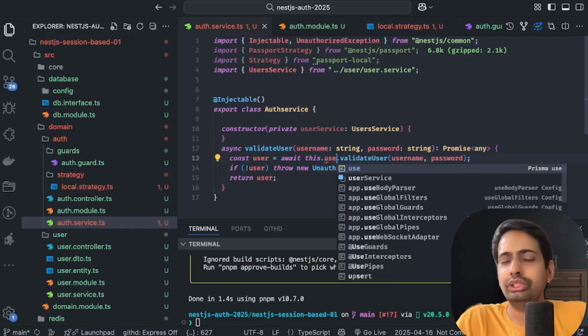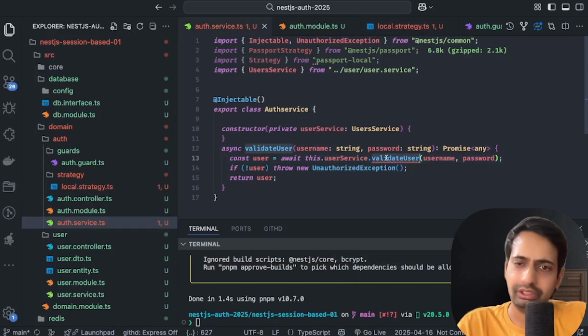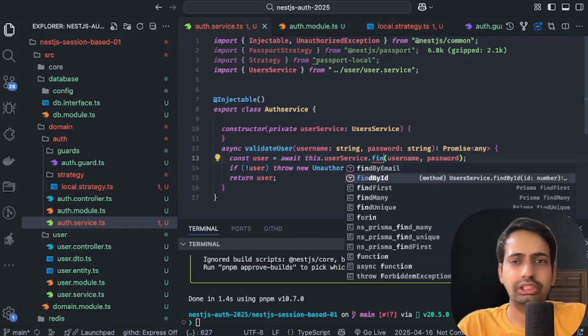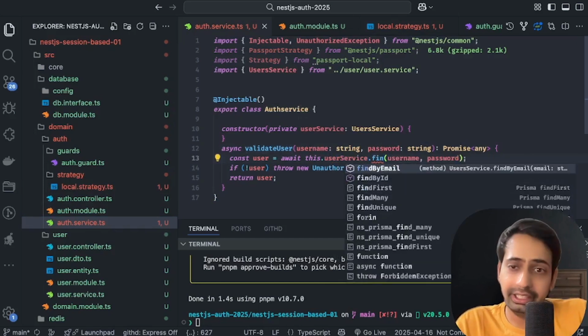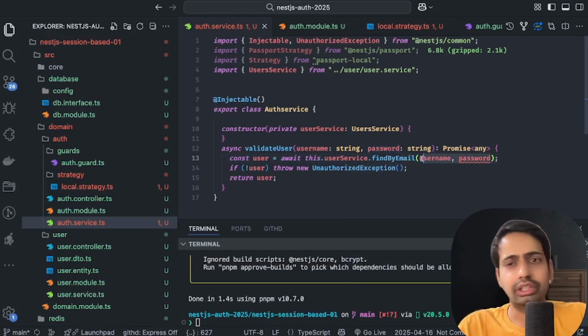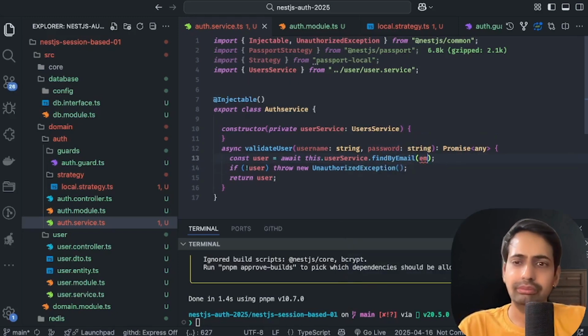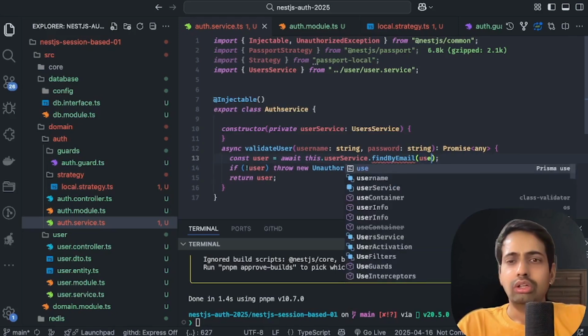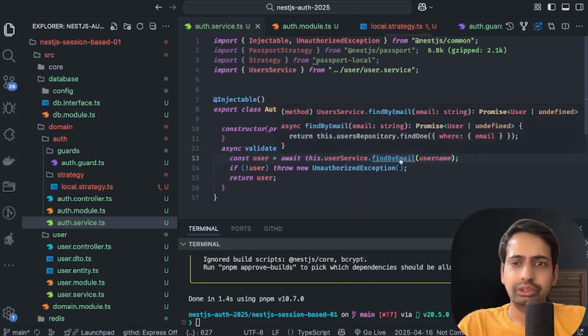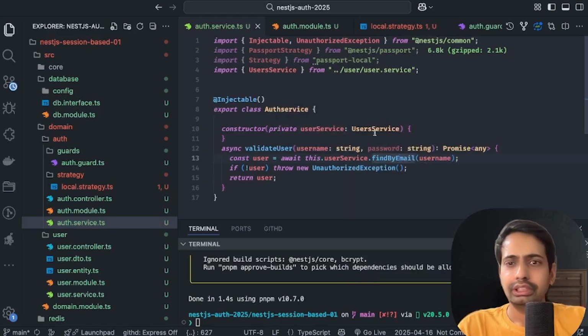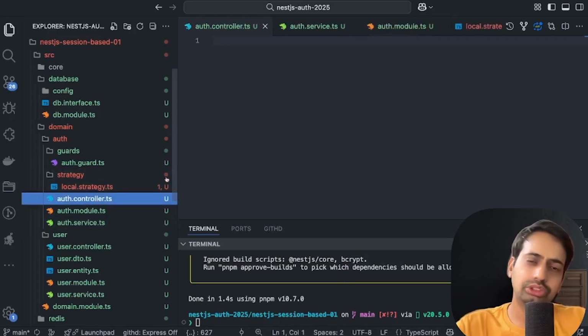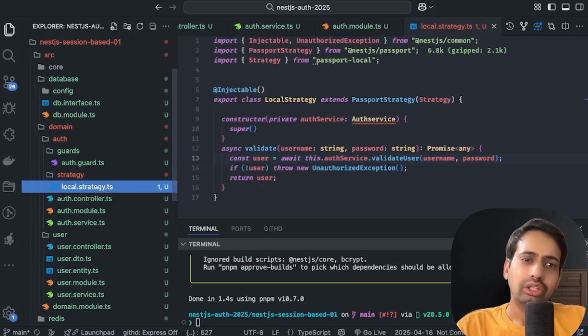So we don't need to populate the TypeORM thing everywhere. The auth module just deals with adding the user service. The user service already talks to the database, so we are fine. You just do find by email. Okay, we have a username, that's a string. So if a user exists with that email, then we will just use it. So that is just the auth service,